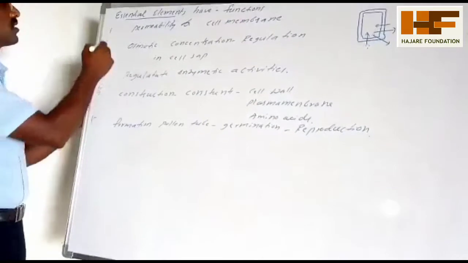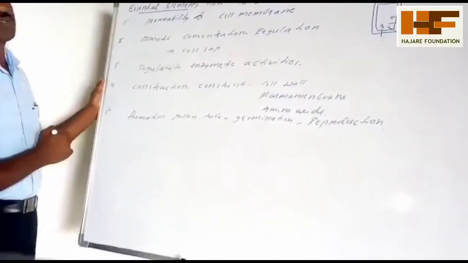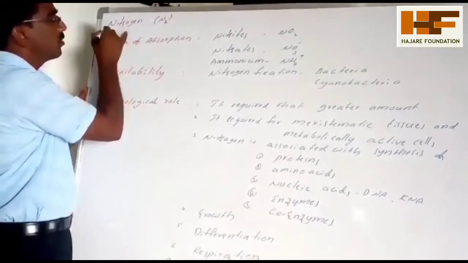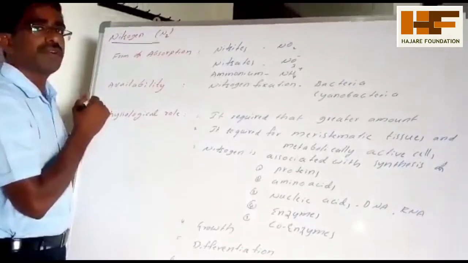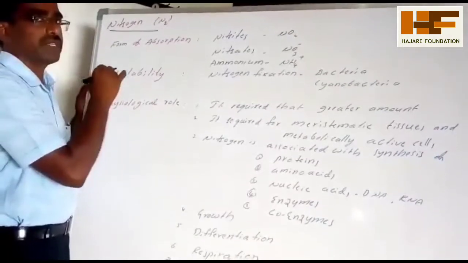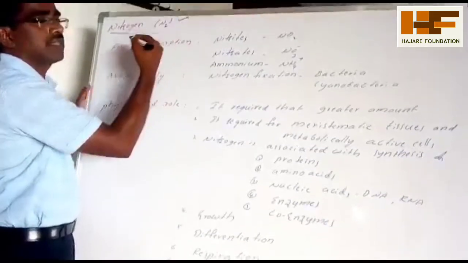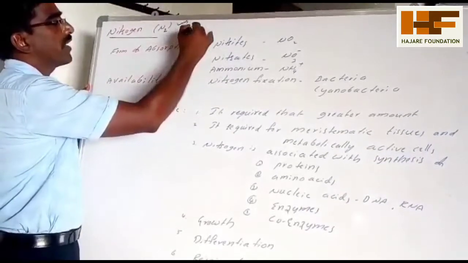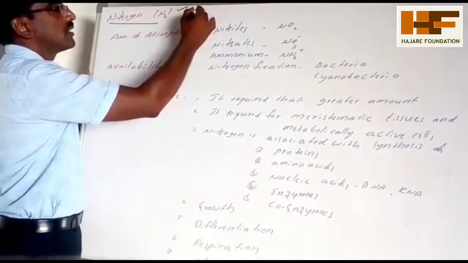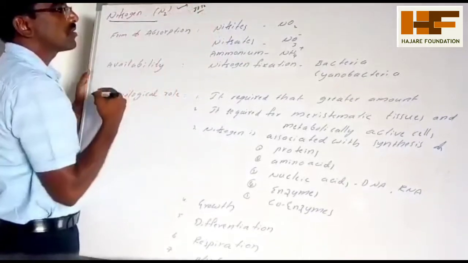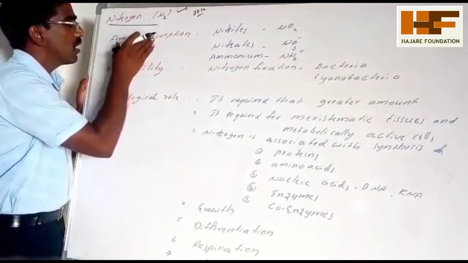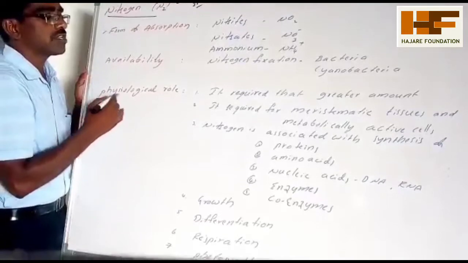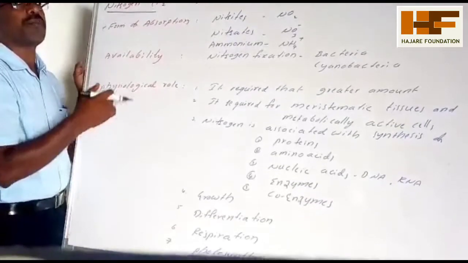In addition to those criteria, a few more essential works are done by essential elements. Now, this is nitrogen. It is one of the most important essential macro elements. Nitrogen is available in the atmosphere in the form of N2, in a greater amount, around 78.32%. We will look at how nitrogen is absorbed by plants, where it is available, and its physiological role, meaning how nitrogen is important for the plant